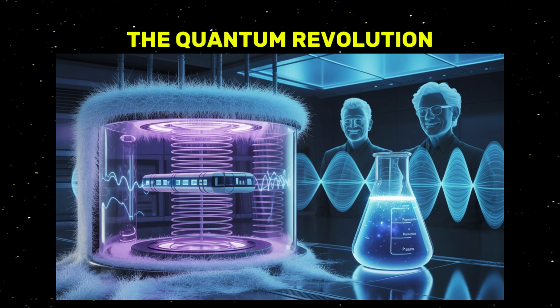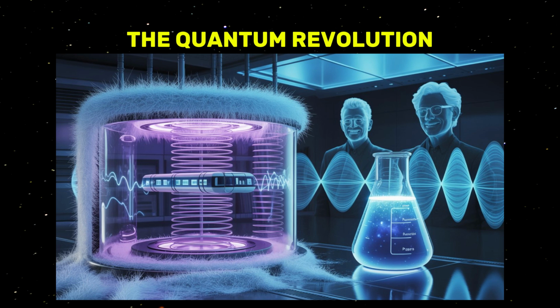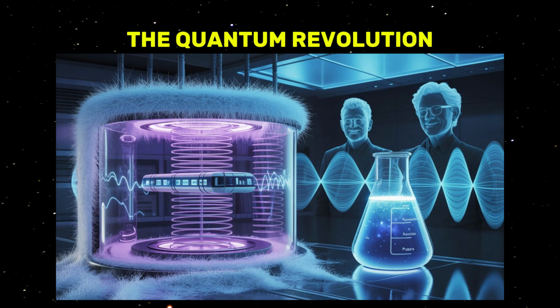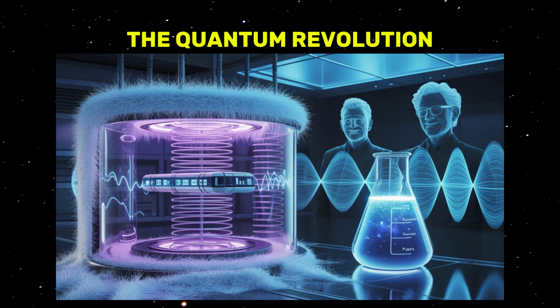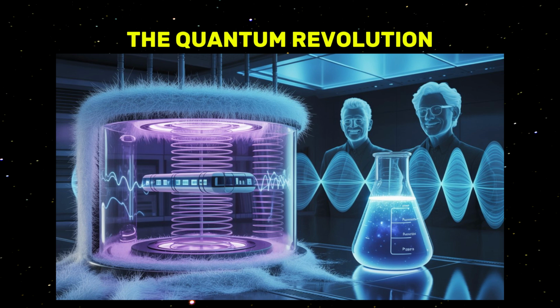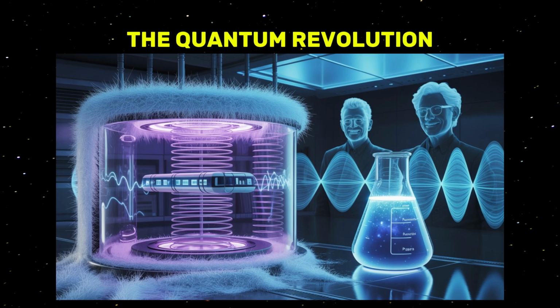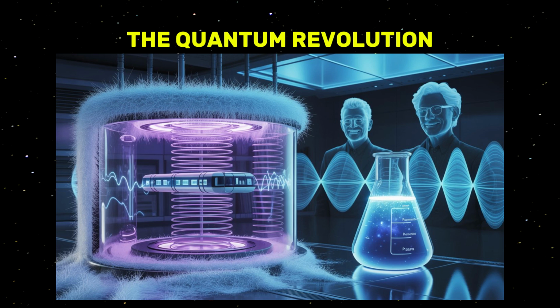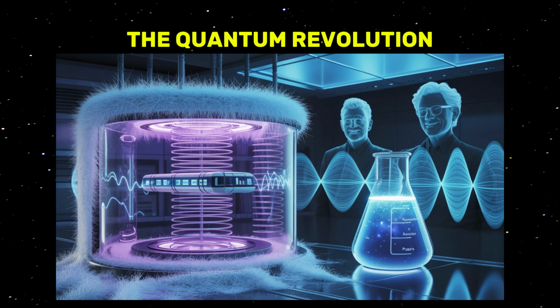At a temperature of 4.2 Kelvin (-268.95 degrees Celsius), mercury's electrical resistance, typically the cause of energy loss as heat, suddenly dropped to zero. In essence, mercury allowed electrical current to flow without any resistance whatsoever. This was the first documented observation of superconductivity.